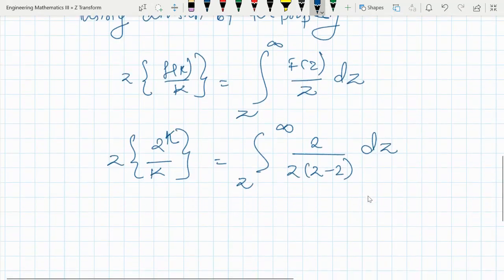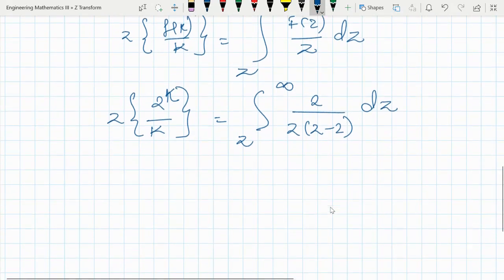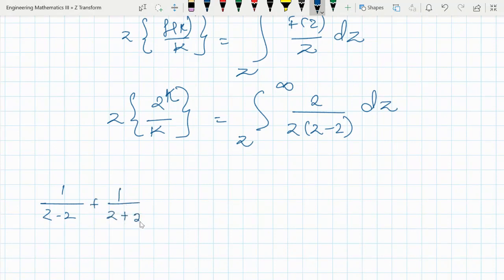Okay, now we just use the partial fraction of this. Okay, so what is the partial fraction of this? If I take 1 upon z minus 2 plus 1 upon z, what do I get? Sorry, 1 upon z only. Okay, so if we just cross multiply, instead of plus I think there is minus. Okay, don't take a plus. I'm doing the partial fraction.